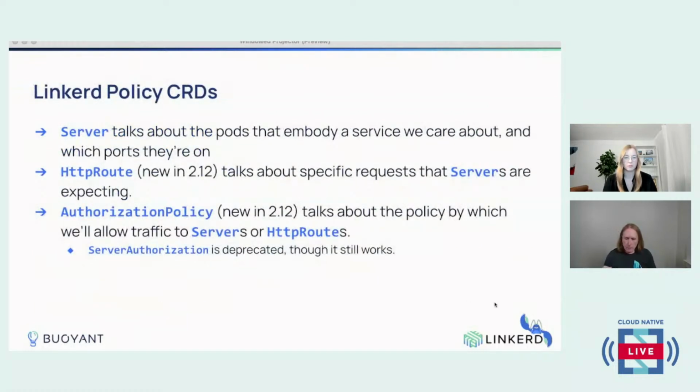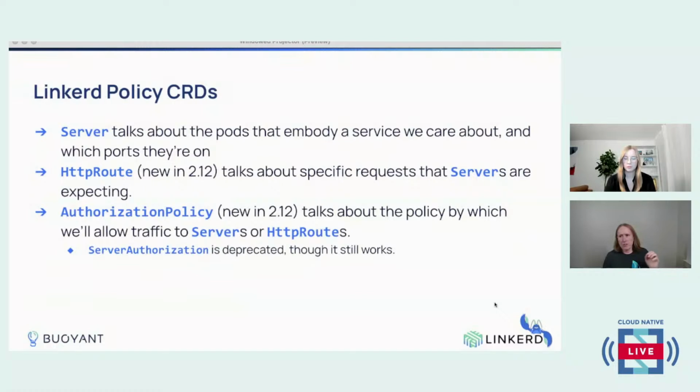So going back to the CRDs, the server CRD talks about the pods that embody a particular service, a particular workload that we care about, and it also talks about ports that they're bound on. The HTTP route talks about specific requests that a given server might be expecting. The authorization policy ties everything together, where it states a policy that can be associated either with a server or with an HTTP route to allow traffic through to that server or via that HTTP route.